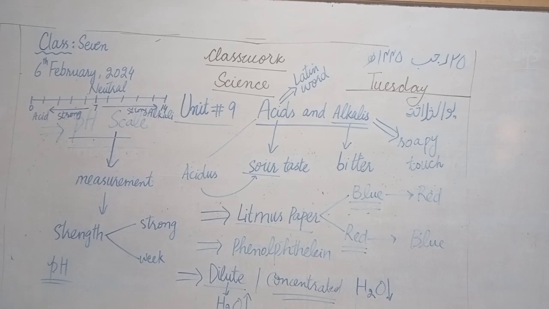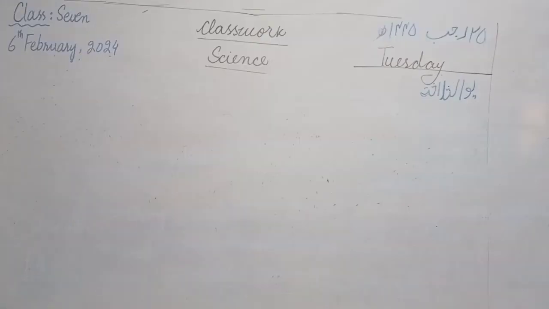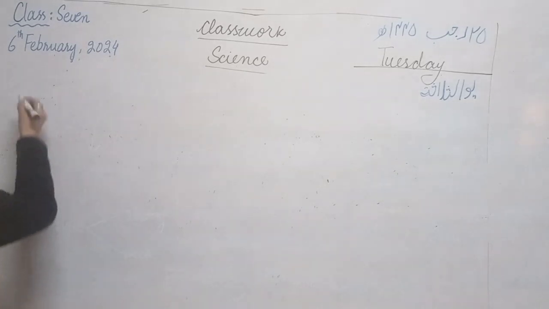Now today we will review this unit on acids and alkalis with fill in the blanks and true false as an objective portion. You will get your pages ready with date and day, and you will also draw the margin lines as well. Now start writing the blanks.